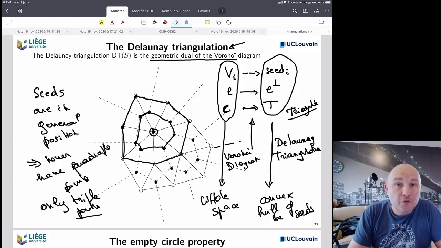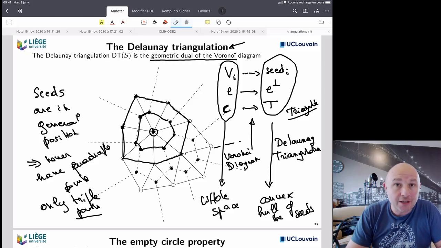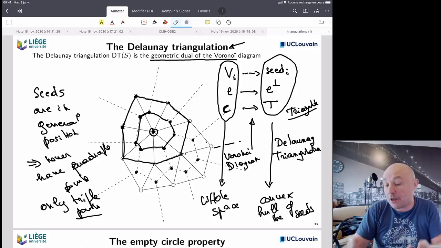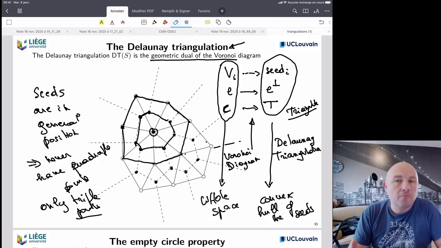So most of the time, if you want to compute a Voronoi diagram in small dimensions, dimension 2, 3, or 4, what you actually do is build the Delaunay triangulation and then use the dual property, the dual argument, to go from the Delaunay triangulation to the Voronoi diagram. So it's what everybody would do in computational geometry. Again, Fortune's algorithm in 2D is the fastest one, and it's quite complicated. Here, I'll show you how to build Delaunay triangulation in any dimension,